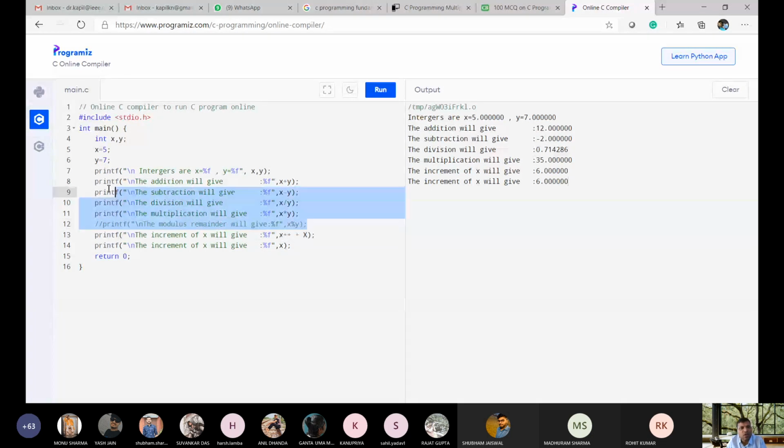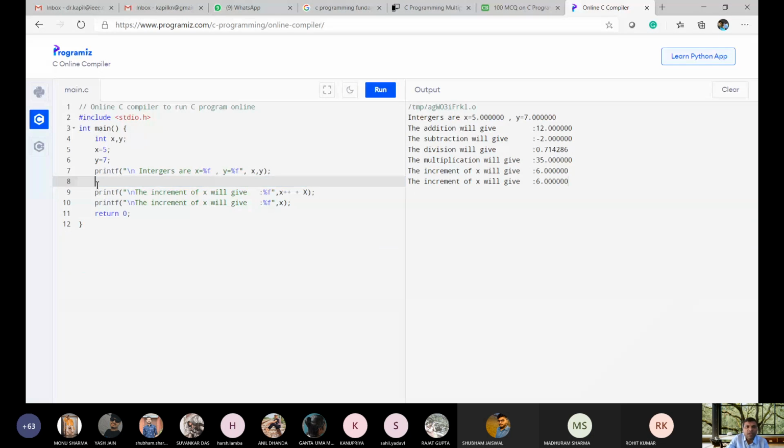Let me erase all these things also. We make a simple program for post-increment and pre-increment. Okay. Only the value of x is required, not the other values. This is a program to clarify your logic.